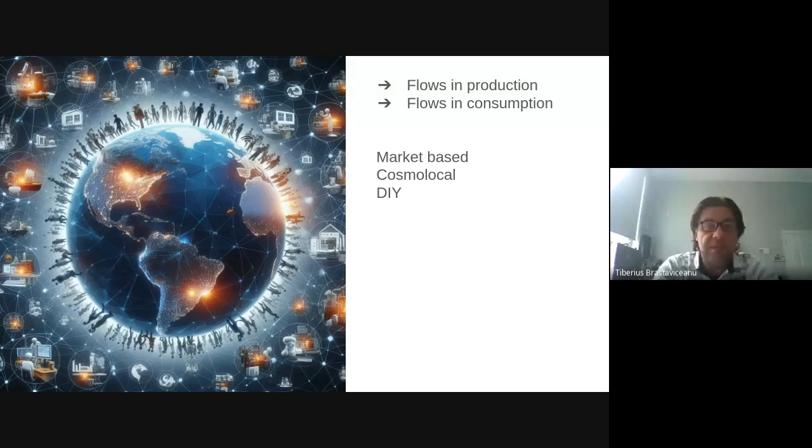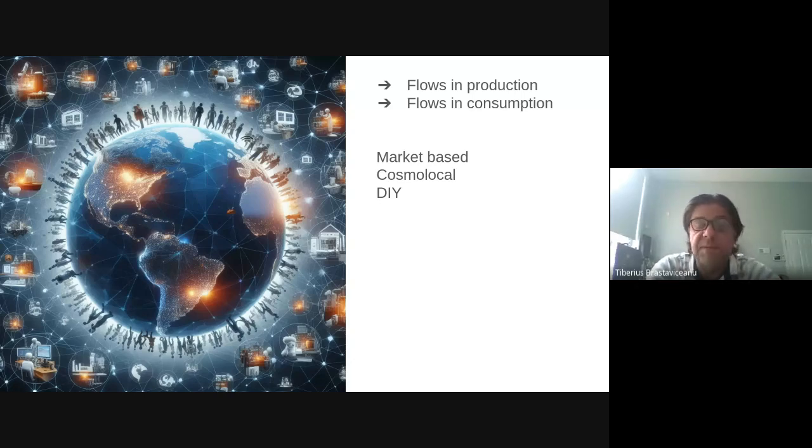Okay, so what I want to represent with this picture is the world and a bunch of people, we can call them consumers, and a bunch of bubbles around, which are what I call production contexts. These production contexts could be open networks, co-ops, or whatever type of organization you can think of. The idea is that they're interconnected somehow, right? They're interconnected in a way in capitalism and communism, but in a different way in a peer-to-peer economy. So when we talk about flows of resources, we have to understand two things: first, how resources flow into production, and how resources flow from production context to consumption.